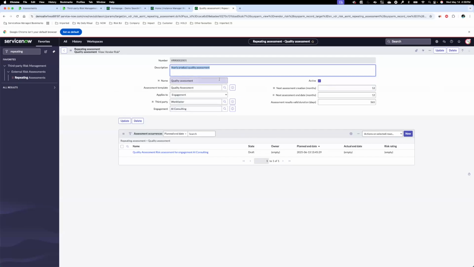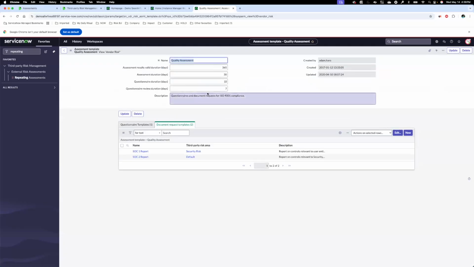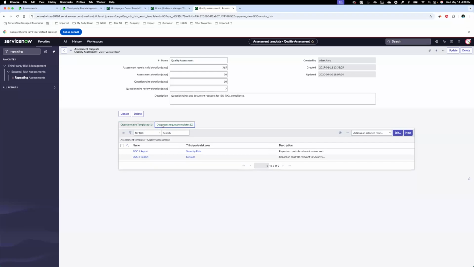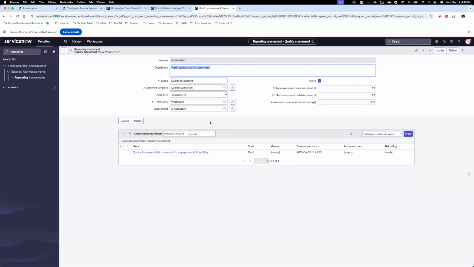Every 6 months, we want this assessment template of quality assessment, basically a set of questionnaires and document requests, configured in this assessment template. So we want this assessment template to be delivered to the Workfaster third-party engagement contact of AI engagement contact for engagement AI consulting